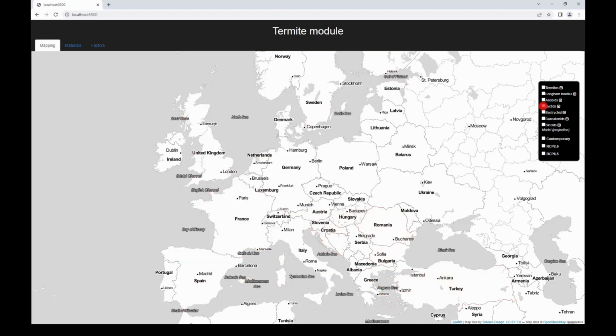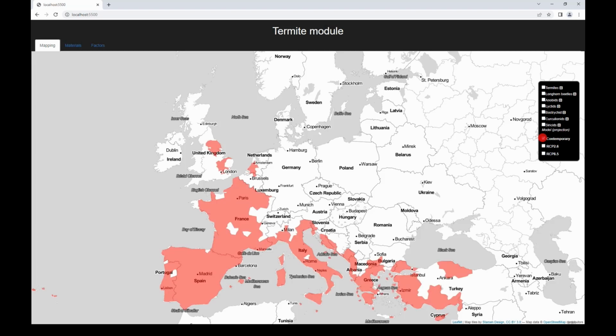But the idea is to inform the public if there is a risk of termites and other insects, and if you have to take any preventive measures to protect your building. And then you can also see the modeled, here you have the modeled contemporary or present risk of distribution of termites.